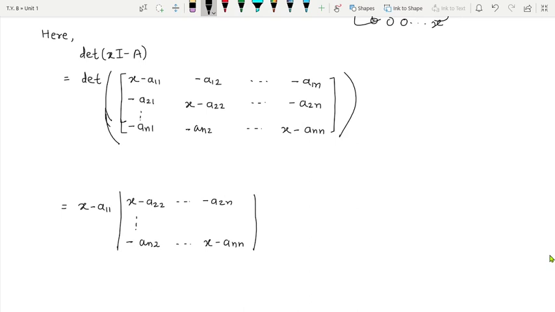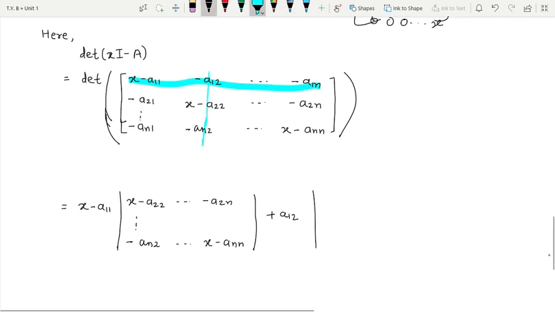So it is alternating plus or minus sign. Now since we are taking first term to be plus, now it will be minus, so minus and minus will become plus, so plus a12 determinant of. Now over here I am going to delete this row. Which one? First row, obviously first row we are going to delete, and what? This column, the second column. So what are we left with? So we are left with minus a21 and so on up to what? Minus a2n, and this will be continued, and at last you will have minus an1, this will be continued, and it will be x minus ann.